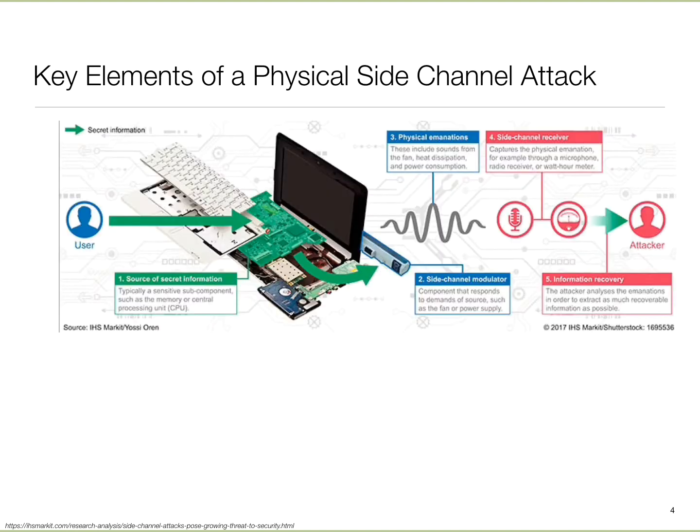So how do these side channel attacks work? There are a few key things that one has to have. Obviously, there has to be some secret information that you are trying to extract, and usually the secret information would be encrypted. So you could really say that the real secret I'm after is the key, because once I have access to the key, then everything else becomes an open book. In any case, there is some secret, and it could be in an FPGA, in memory, or in the register of the CPU, but it exists somewhere in the computer system.